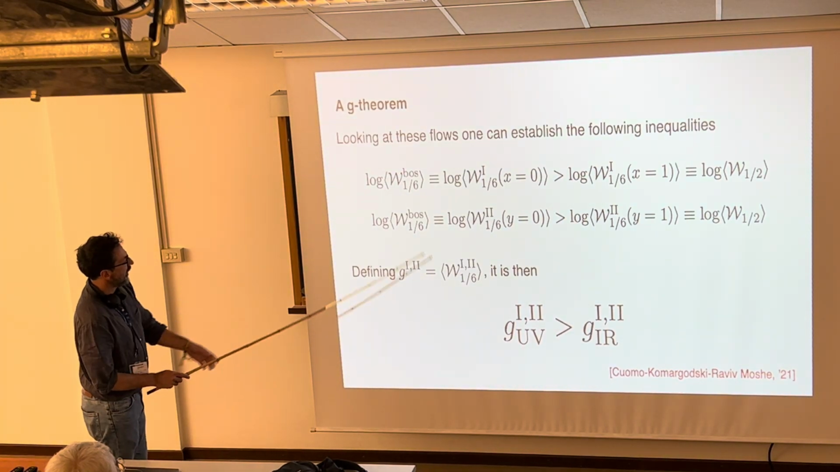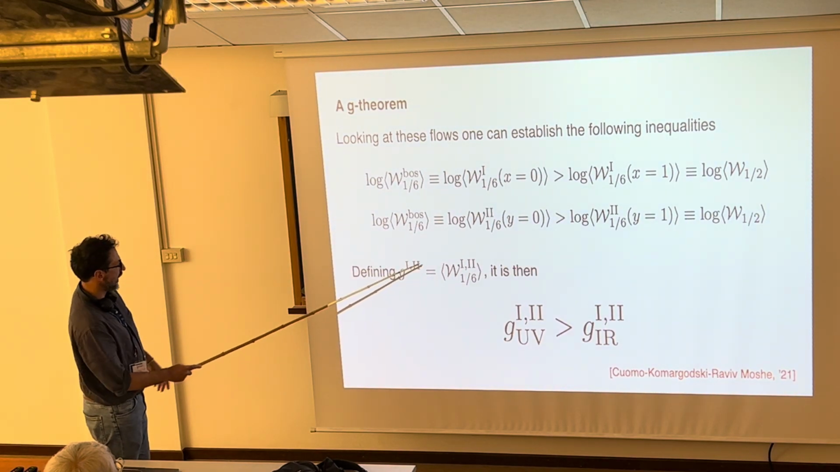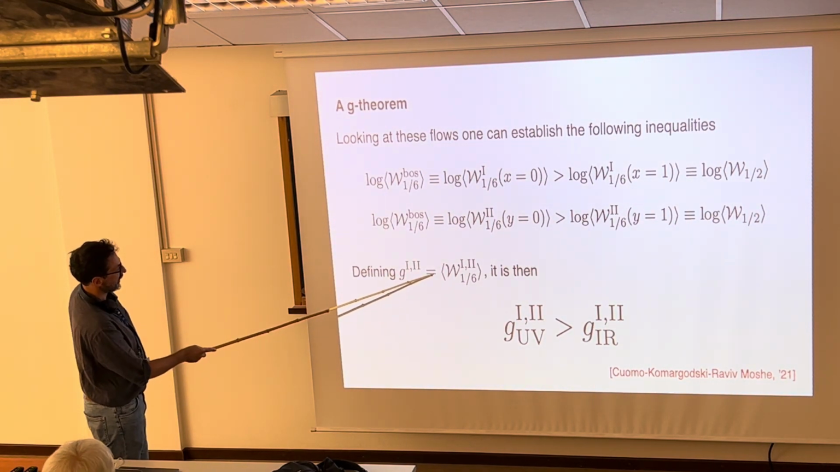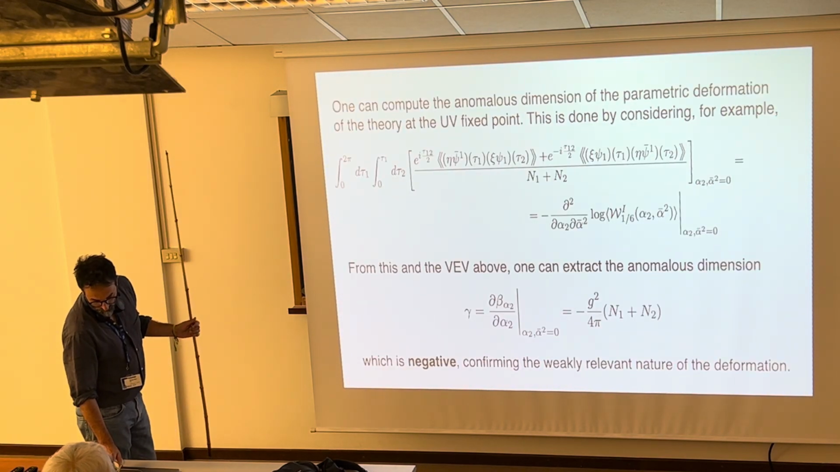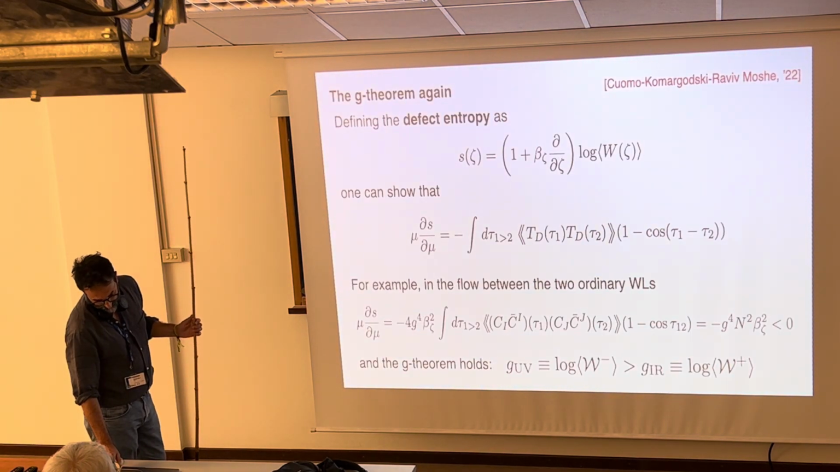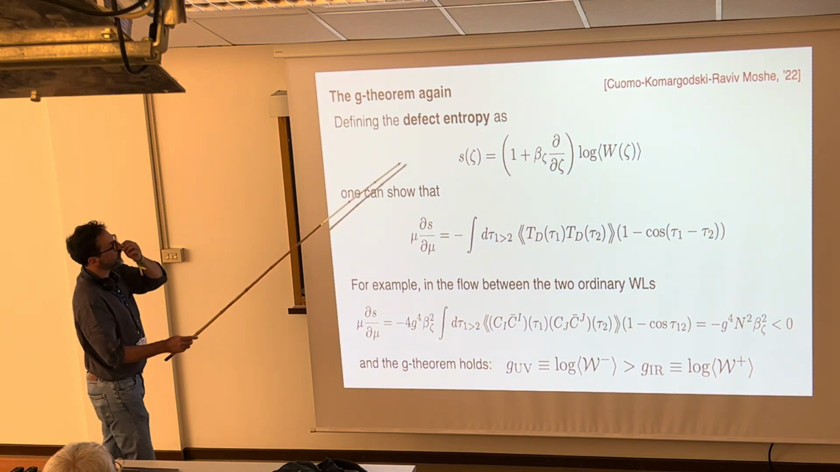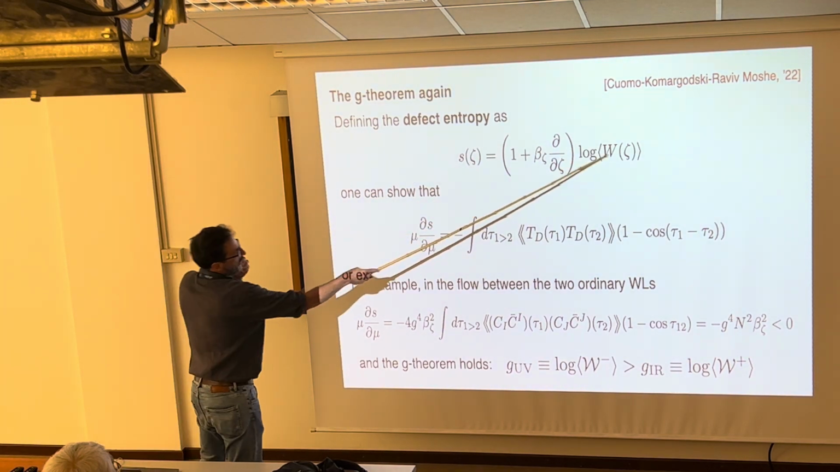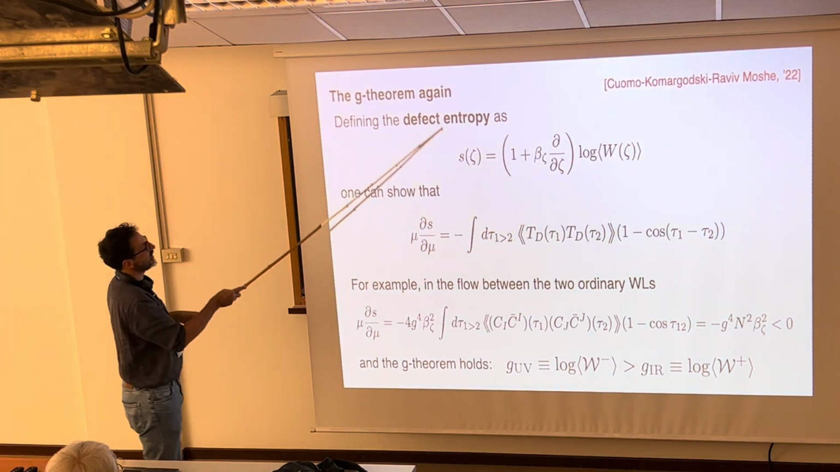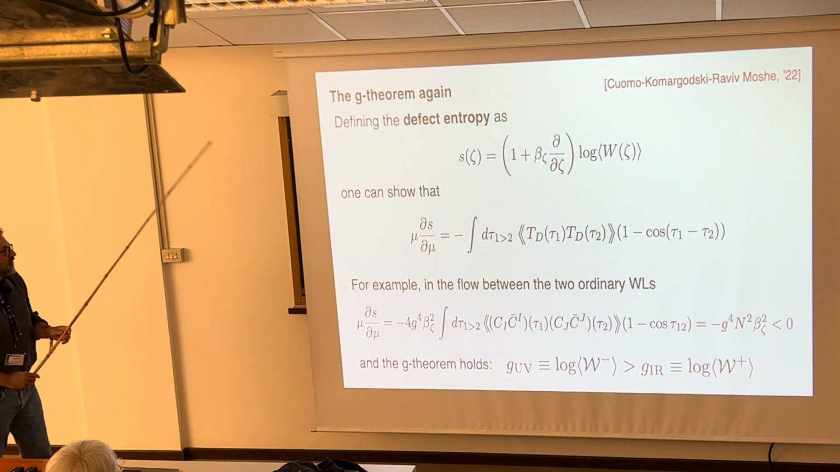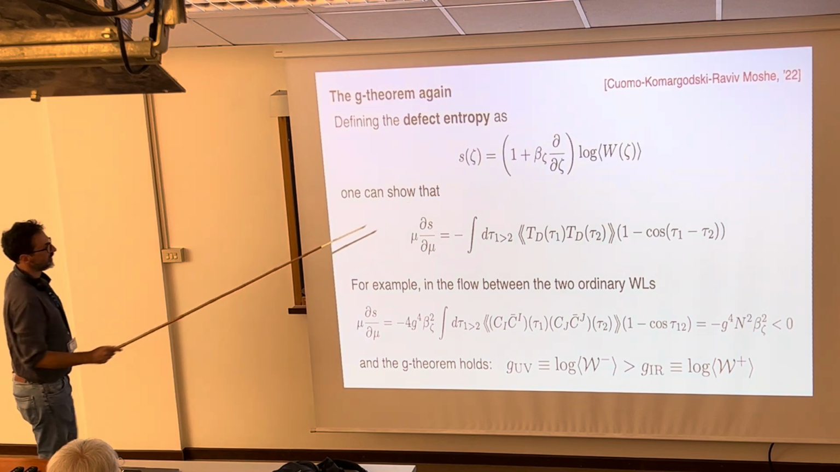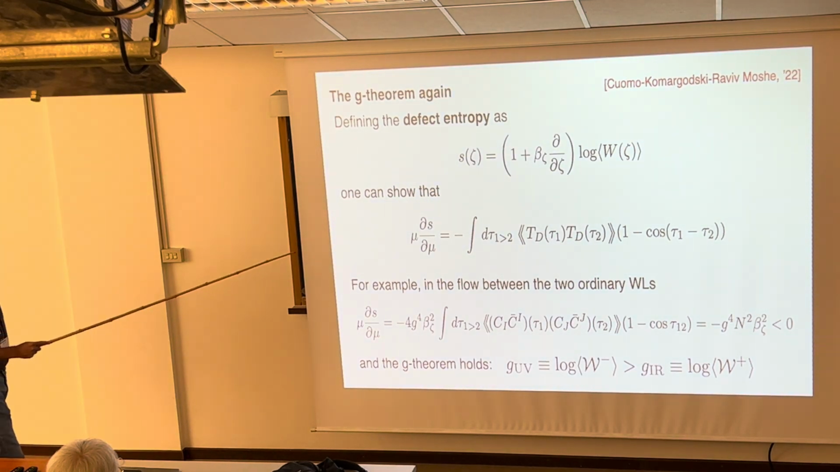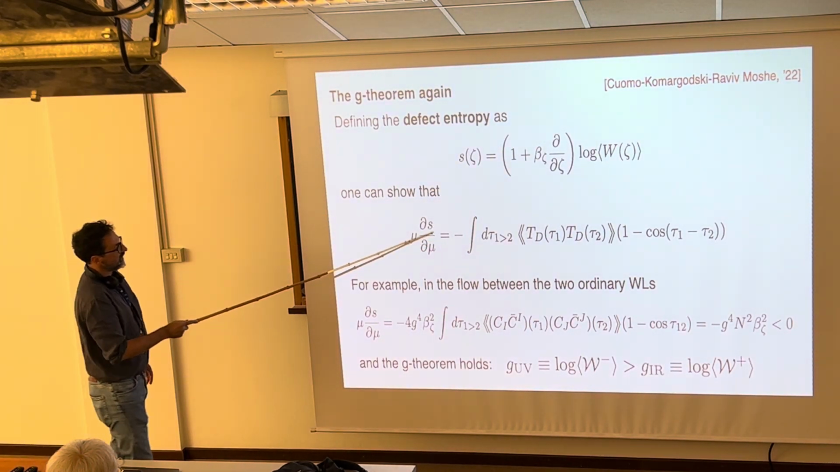Sorry, I'm missing a log here. It was the log of the expectation value of a Wilson loop. So you can define a quantity which is related to the log of the expectation value of a Wilson loop, which is this defect entropy, which corresponds to the log of a Wilson loop at the fixed points, and then you can show that